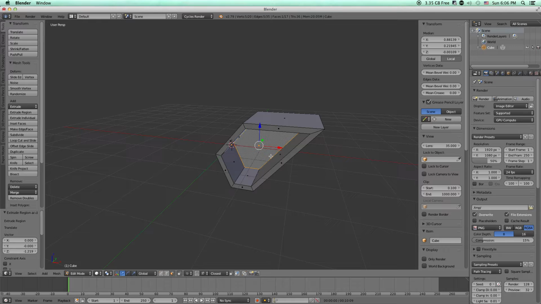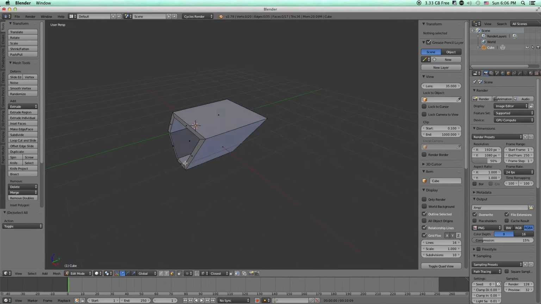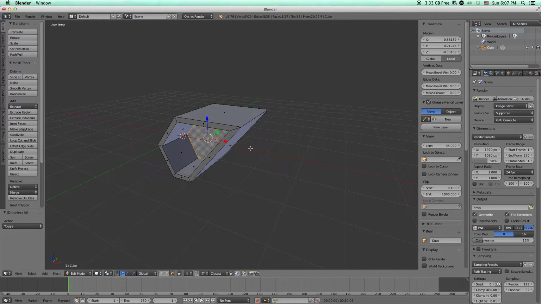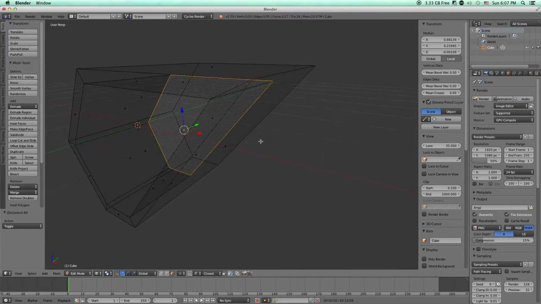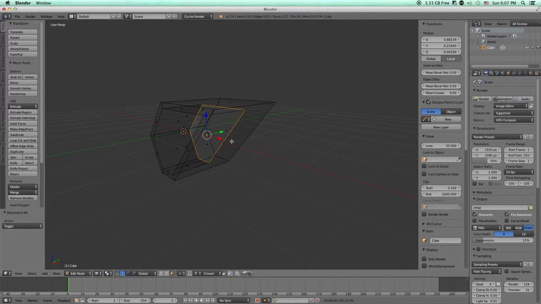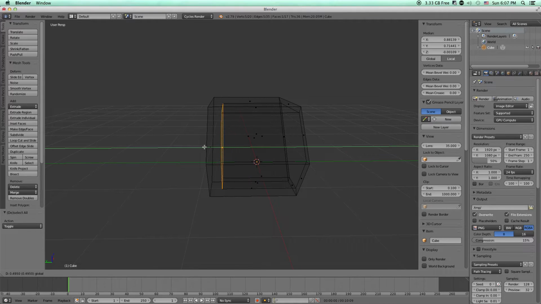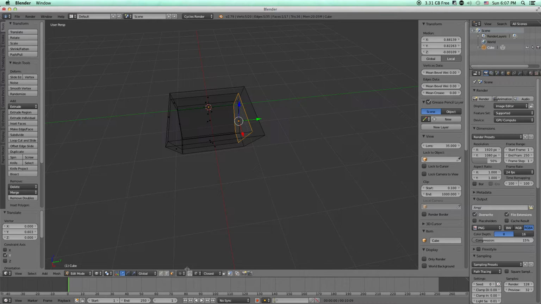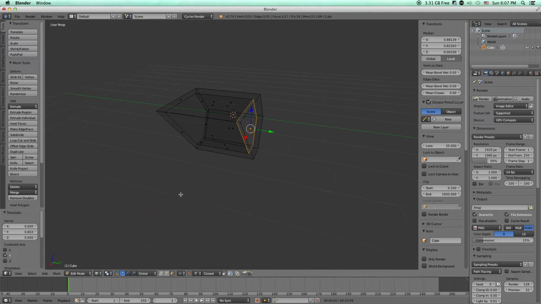And at any time, if you want to see what is inside your object, say you cannot tell how far this is inside of it exactly, you can hit Z, which will change your view, which is going to be here. So you have rendered, material, solid, texture, and wireframe. Wireframe is going to be Z. So at any time you can look around holding the middle mouse button and you can see inside of your object. So if you want to line that up to where they look about right, you can do it that way, or the way that I make everything actually line up